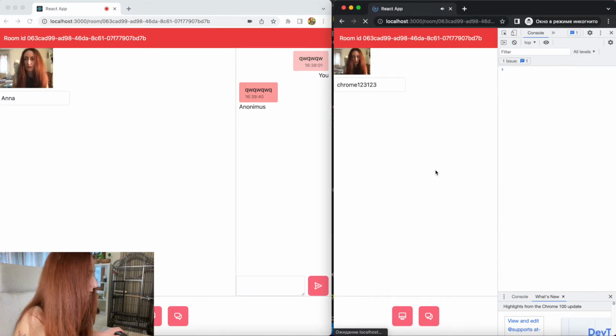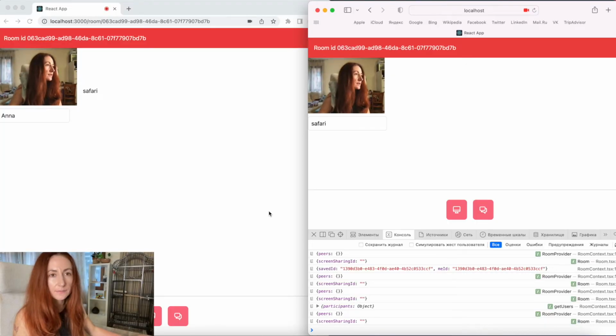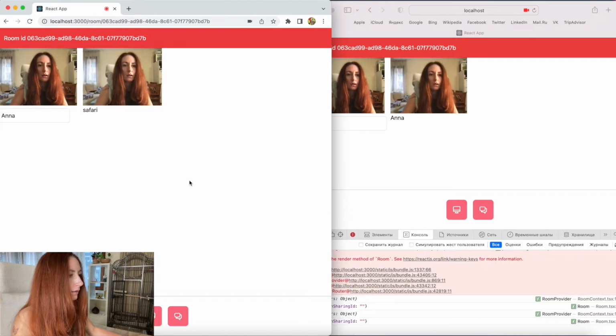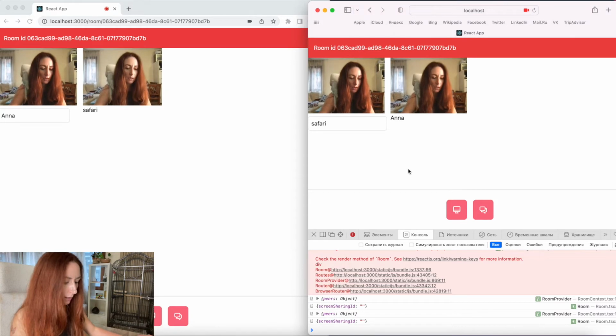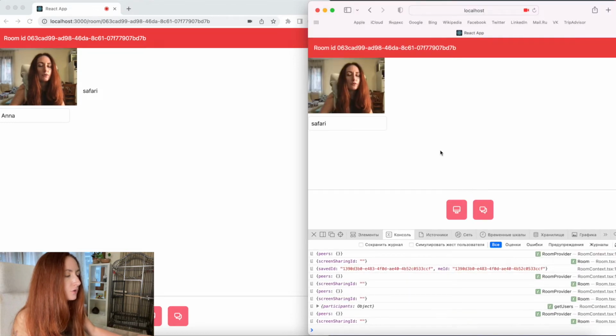But another thing I noticed here is that our user from the second browser tab does not always connect, and I think it is related to our stream. When I was testing this with Safari, I noticed a bug in the implementation. For example, you joined with your Chrome browser and started streaming, and then you joined with Safari, but in Safari you don't allow your browser to use the camera by default, and it asks you for permission, and after you allow, it doesn't stream to your peers. It happens because we get the join user message before we have our user stream,